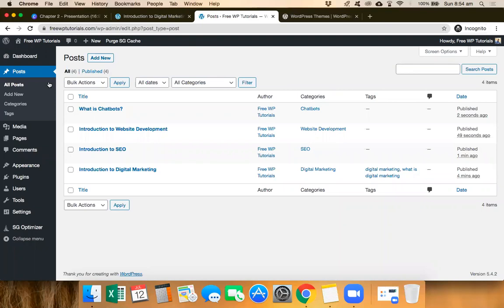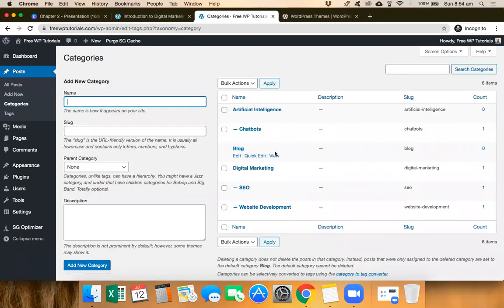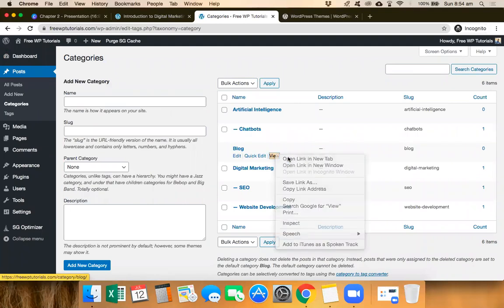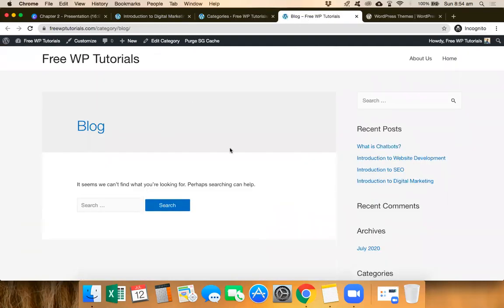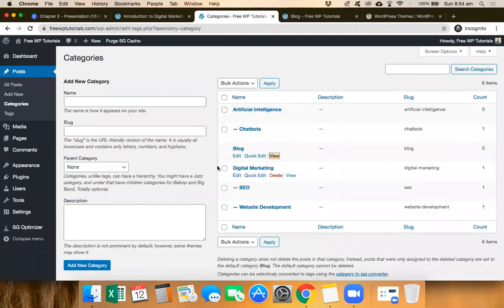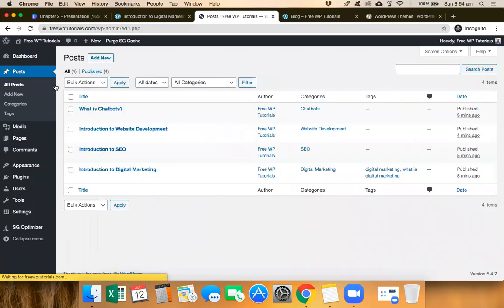Let's say now we've got another category as well, which you remember, which was the uncategorized and which comes under blog. Let's go ahead and click on blog, and you'll see this is the blog article. If you had selected blogs also, then all the articles would come under blog as well. But currently we don't have that since we have not selected that particular option. So I hope you clearly understood how you can create a blog article, how you can add the categories and categorize all your articles into each of these categories as well.